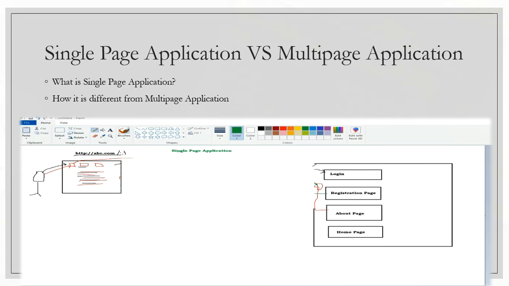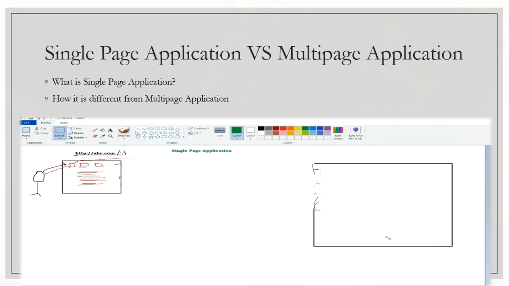Okay, this one our server. Remove the whole part. So this is our server again. Here we have our browser.